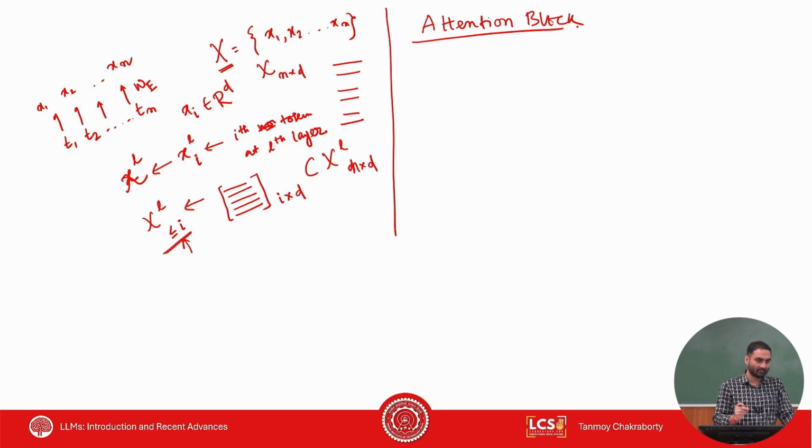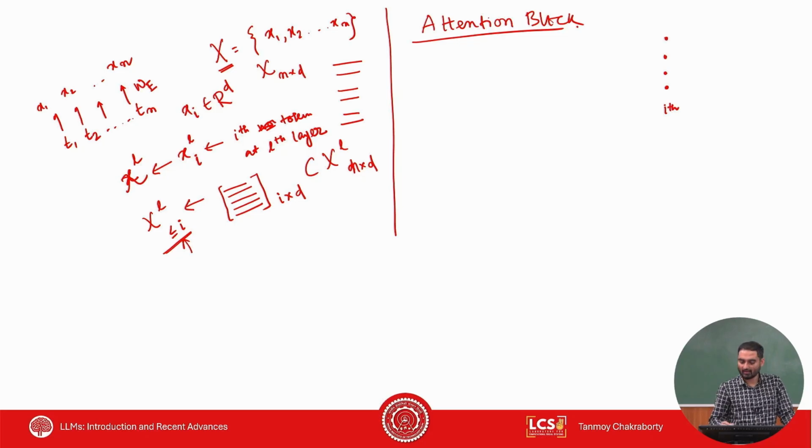The second operation is whatever you obtain, that will be multiplied with the value, right? The third operation is whatever you obtain, that will be projected through another layer for adjusting the dimension, right? Because remember, this is multi-headed attention. For every head, what is the head, by the way? Let's say this is attention, right, at the ith position. There are multiple such heads,